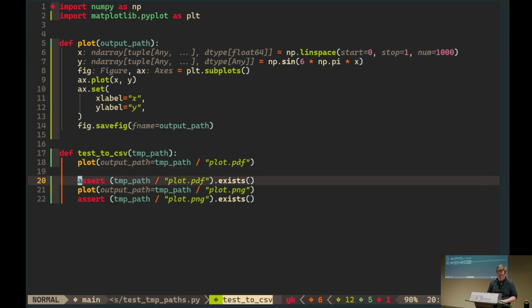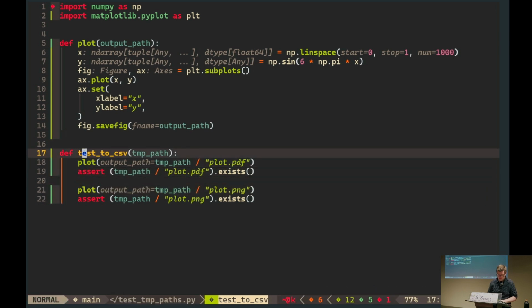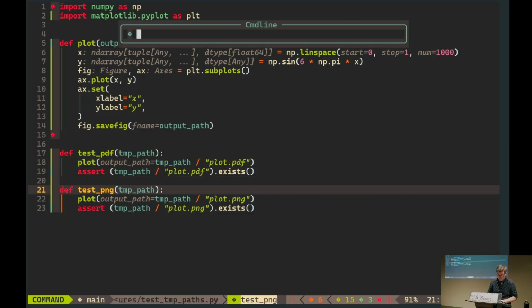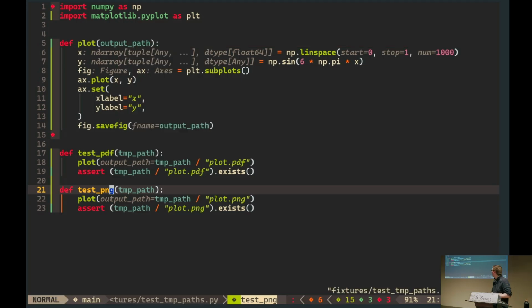And maybe we switch the order around here so that we actually write 2 tests here. So test PDF, test PNG, right? So this should create this plot, save it to the specified file, and then we test for now only